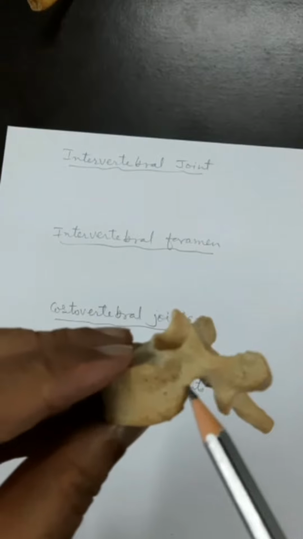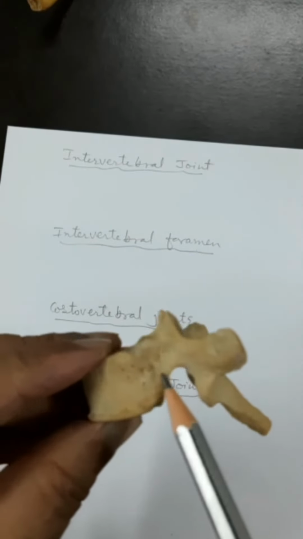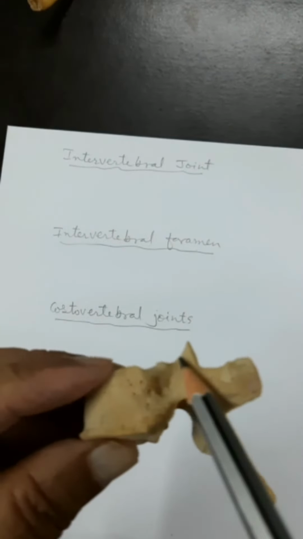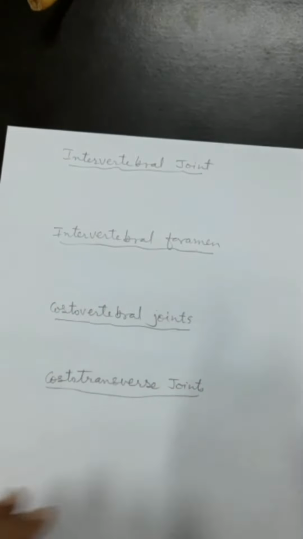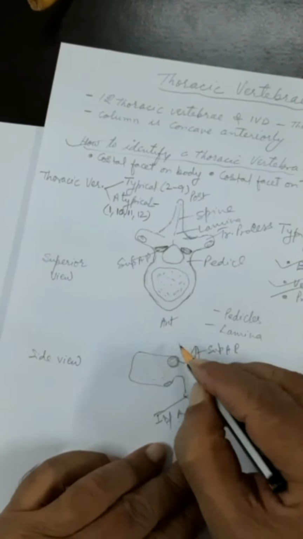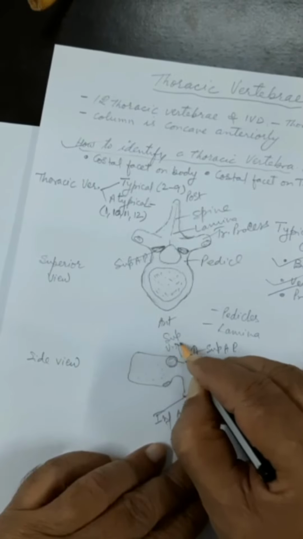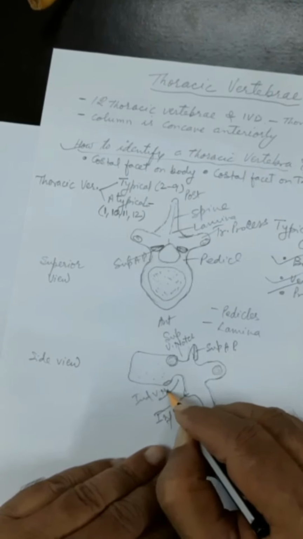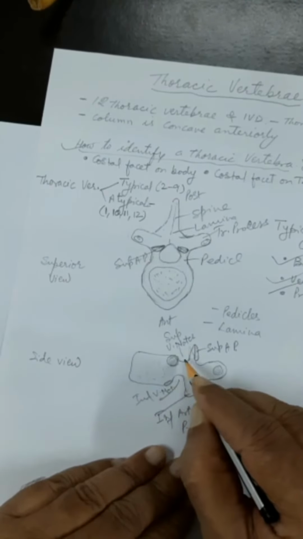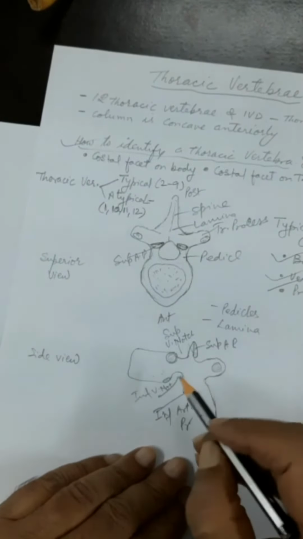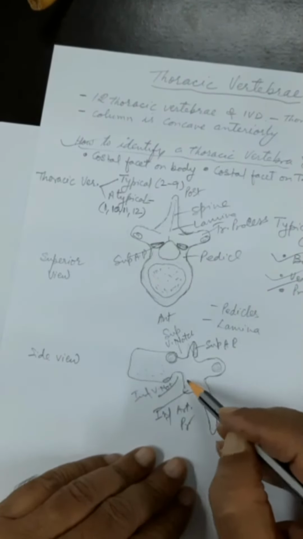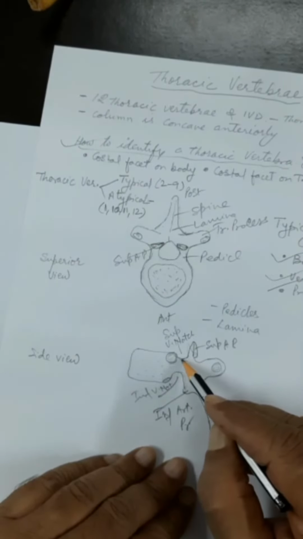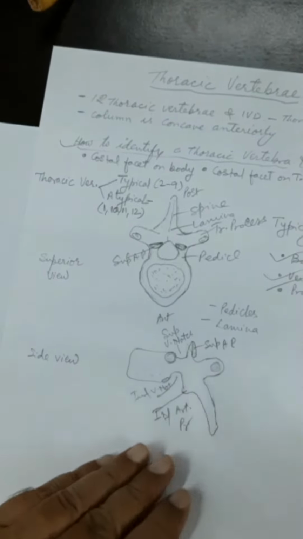This is the notch, the vertebral notch, which is called the inferior vertebral notch, and this is a shallow superior vertebral notch. In this diagram I can show you, this is the superior vertebral notch and this is the inferior vertebral notch. Inferior is deep, superior is shallow. These are the notches formed by the body, pedicle and the lamina. And here also the body, then the superior surface of the pedicle and the superior articular process.